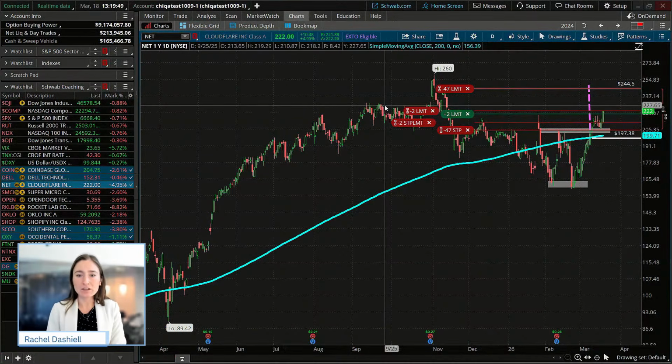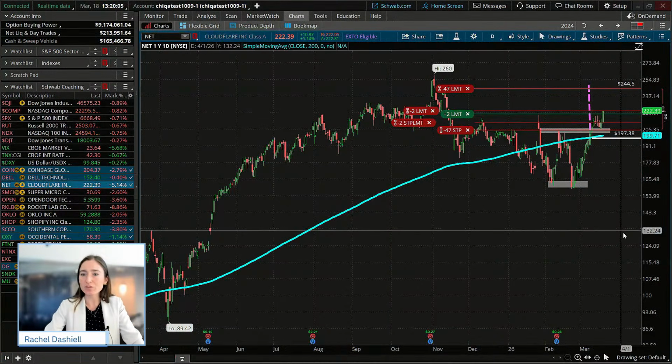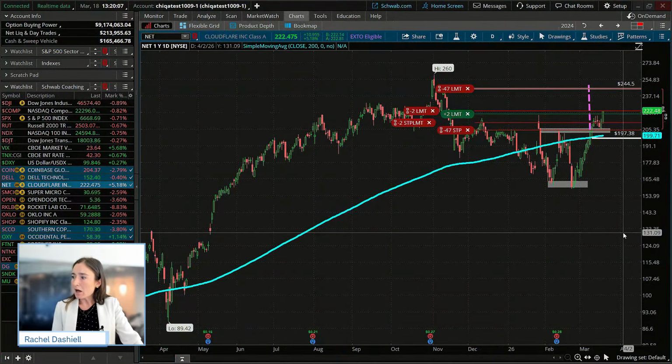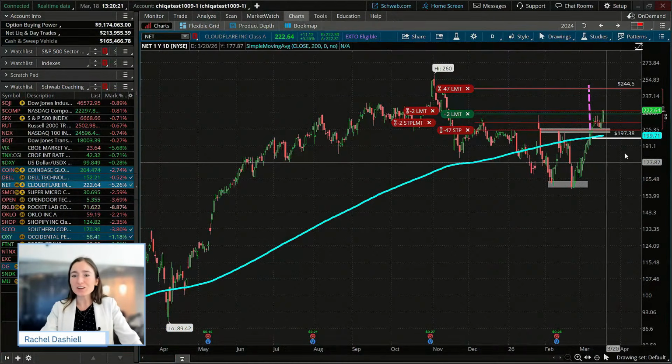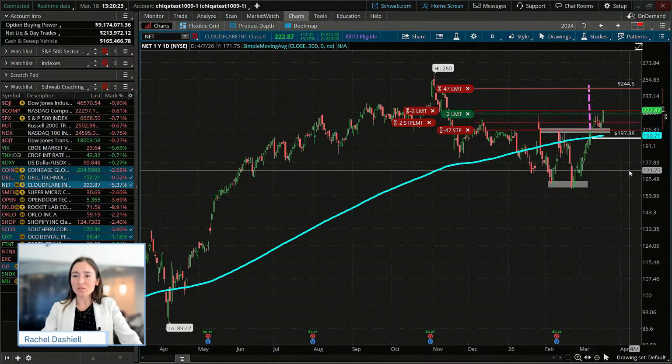I know personally when I teach this class, I look through a pretty long list of just filtering for pretty liquid stocks that are listed. Sometimes I intersect those with weekly options, so the stocks that offer weekly options, because typically they'll have a little bit more liquidity there. But just a couple basic filters like that to filter out hundreds, if not thousands of stocks and get you to a manageable list. For me, that looks like a couple hundred stocks that I go through to try to find the best pattern setups for you guys.